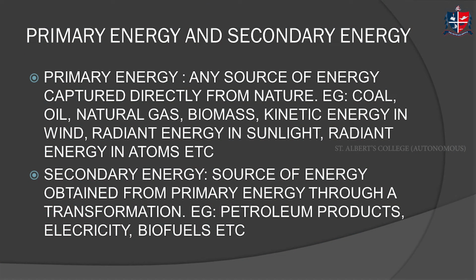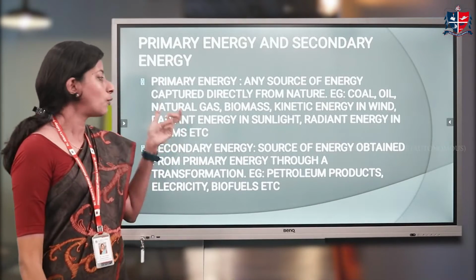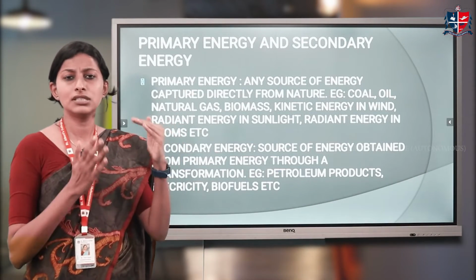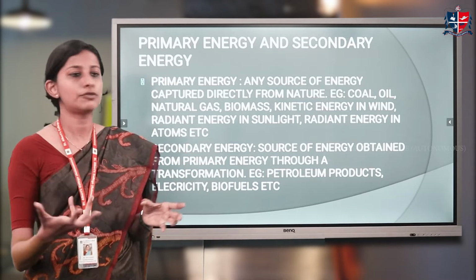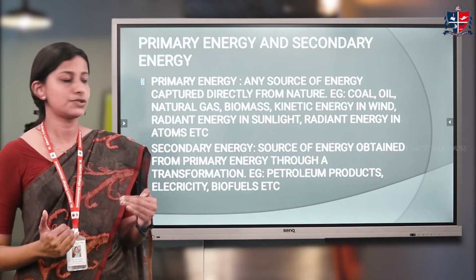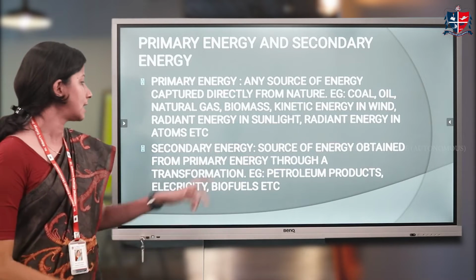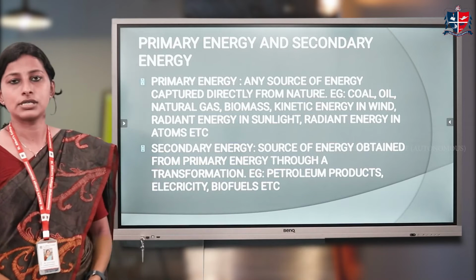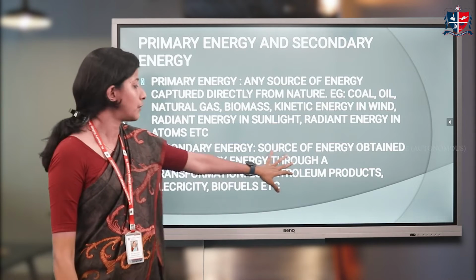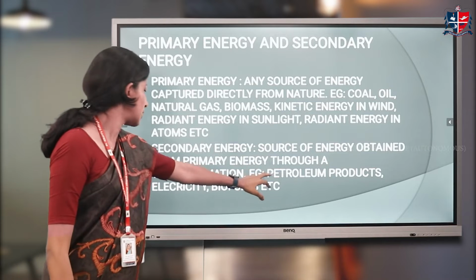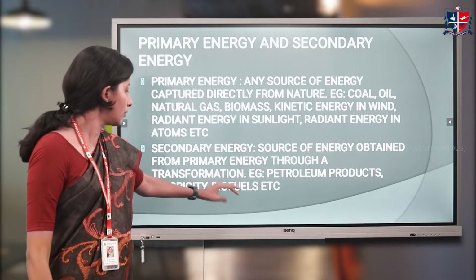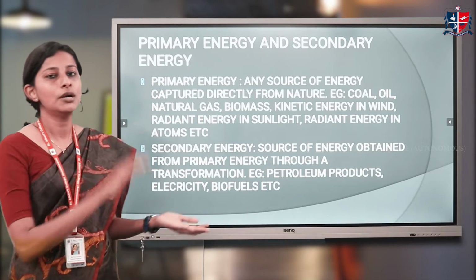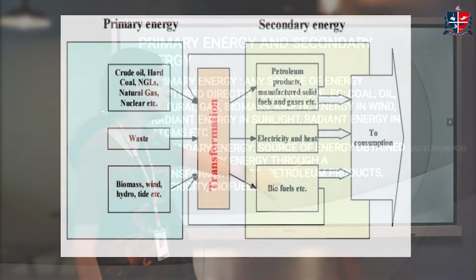Now we have discussed what primary energy is. The second type is the secondary energy. Okay, so what could be secondary? When it is in the raw form, it is primary energy. When we transform this primary energy into some other form, we call it secondary. It undergoes a transformation to become a secondary energy. Okay, so examples are shown here. One is petroleum products. We know how we obtain petroleum products, from depositions, right? Then there is electricity. Electricity we obtain from coal. Then there is biofuel. These are all energy forms which are obtained from a previous version of energy. That is called a secondary energy.